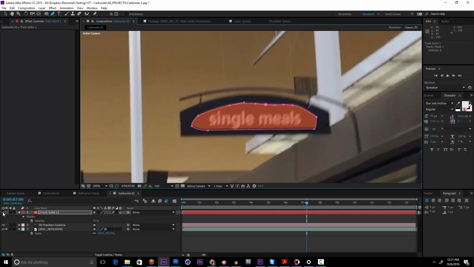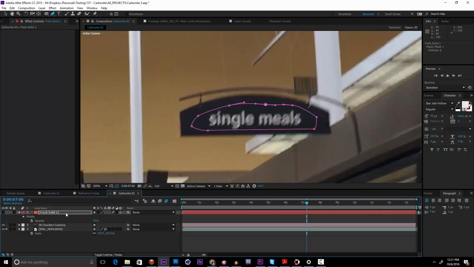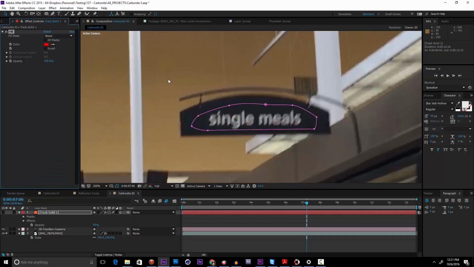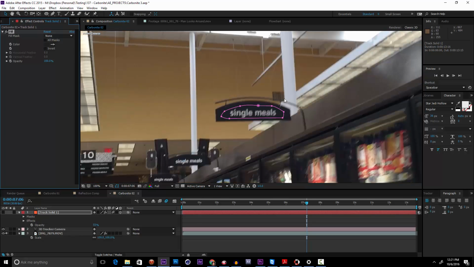And now I'm going to turn off the layer for a moment. I'm going to generate fill, and I'm going to fill it with this color, the color of the sign. Now the exposure changes and the lighting changes a little bit, so I'm going to put a keyframe on the color right there. And as you see, the layer is still turned off, and I need it off for now. If I reveal the keyframes by pressing U, you'll see there's one keyframe for this color right now on this